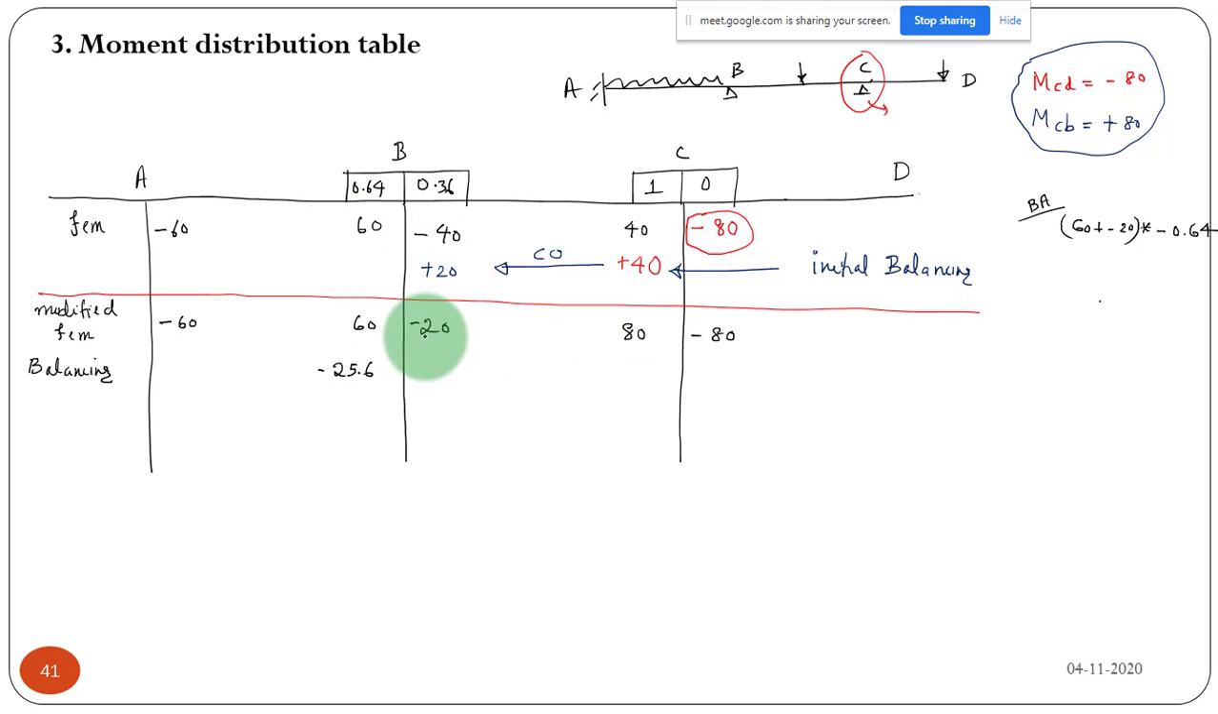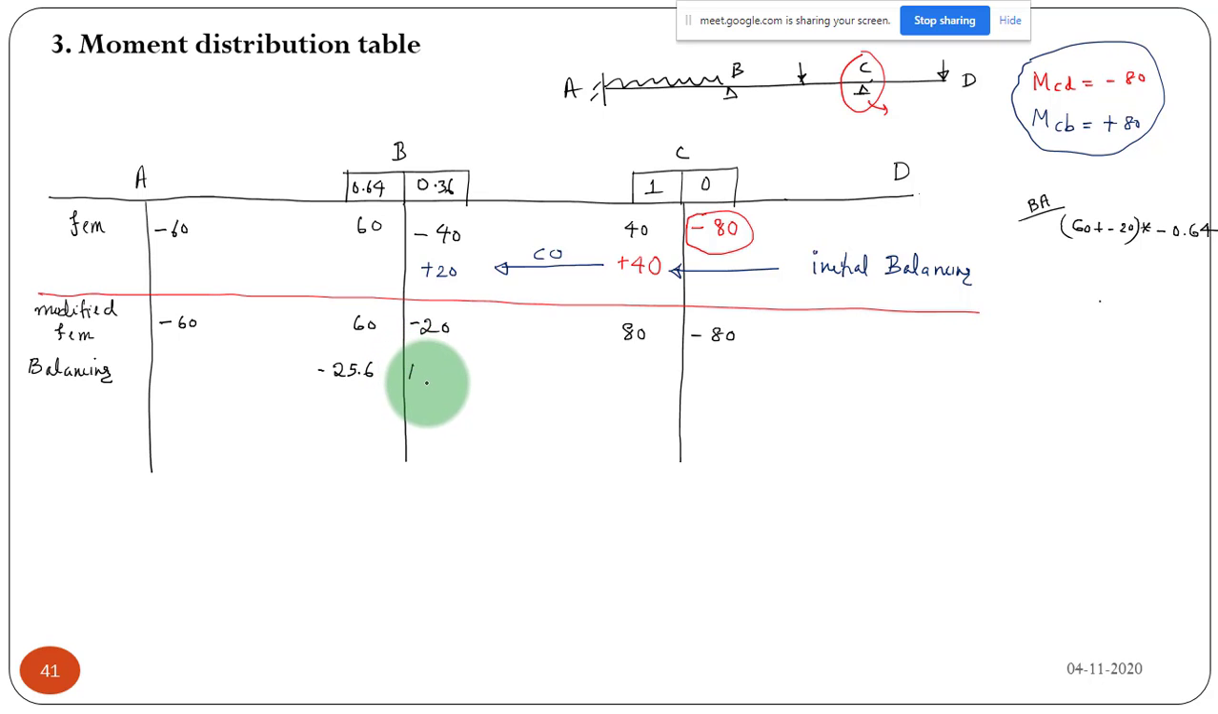60 plus minus 20, that is plus 40. Okay, so you have to apply a total of minus 40. So out of minus 40, more than 50 percent, that is 64 percent, will go to the span BA. Only 36 percent will go to the span BC. So that is how you have to work out this: 60 plus minus 20 into 0.64, you will get this value. And if you multiply this quantity with 0.36, what you will get is the distributed moment